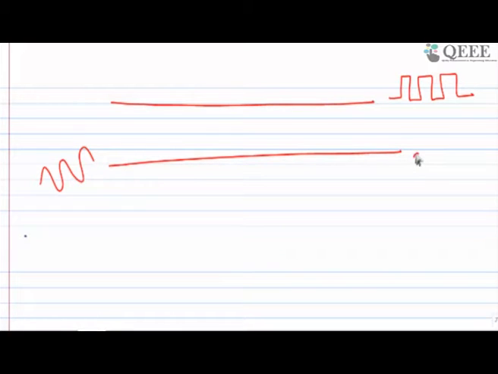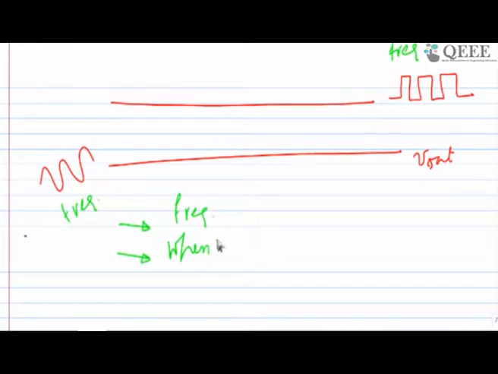Now when I am going to see the output, this is my output. At my output I am going to see that both are AC signals, both have frequency. This has frequency, this has frequency, both are frequency signals. And you have to understand one thing: whenever there are frequency signals and two plates, so here two plates, two frequencies, they are going to talk to each other.